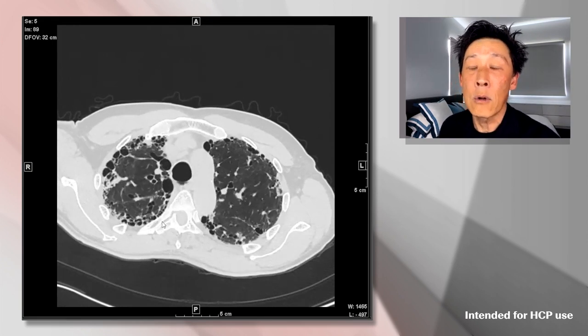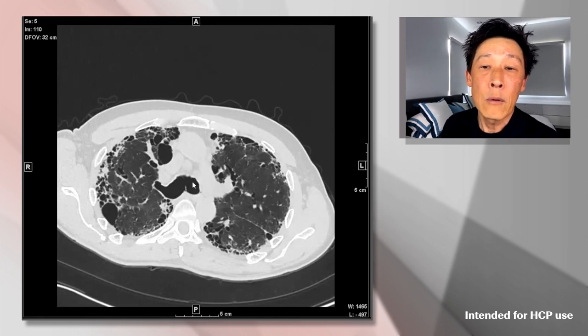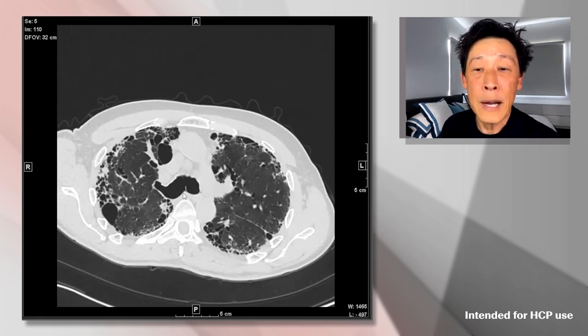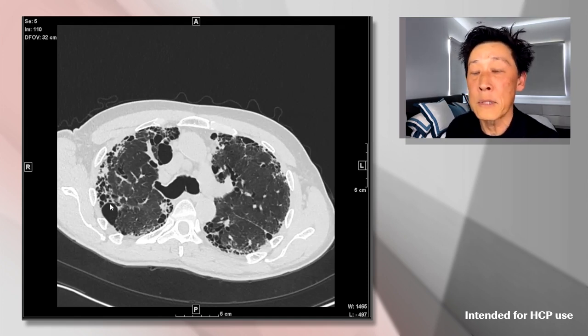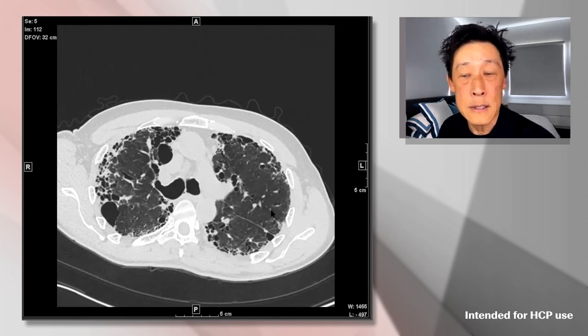So I'm going to scroll a little bit more forward or more into the chest. And just to orient you, we're here at the level of the bifurcation of the trachea. We see the right mainstem bronchus and the left mainstem bronchus. And again, we see that the abnormality is confined to the edges or the periphery of the lobes that we're seeing. We see reticulation, which are these lines or hash marks. We see honeycombing, and we do see some elements of traction bronchiectasis and bronchiectasis.